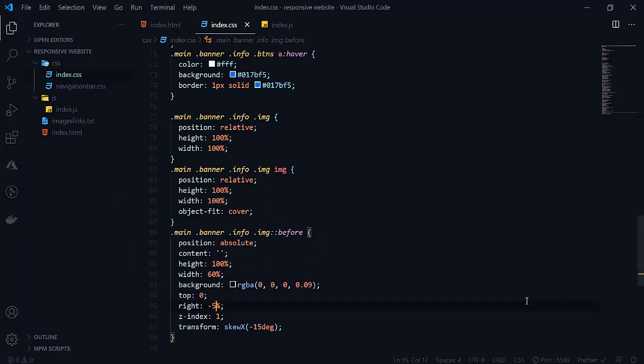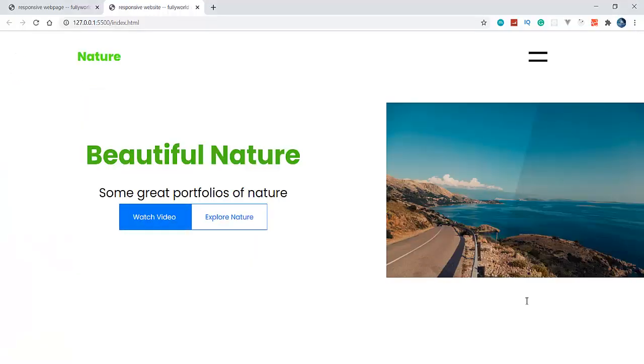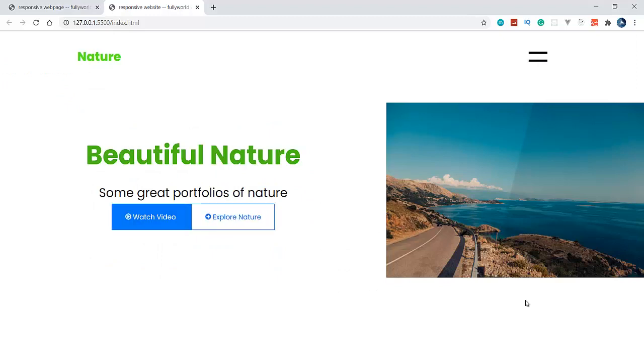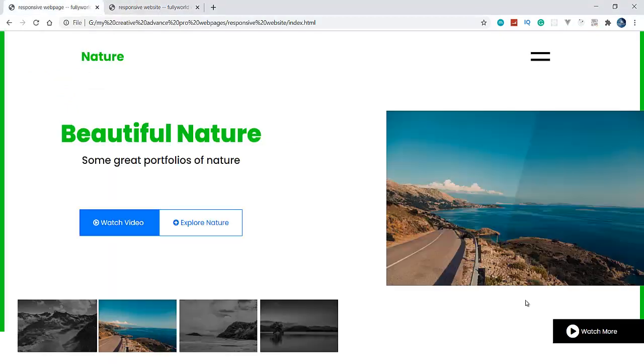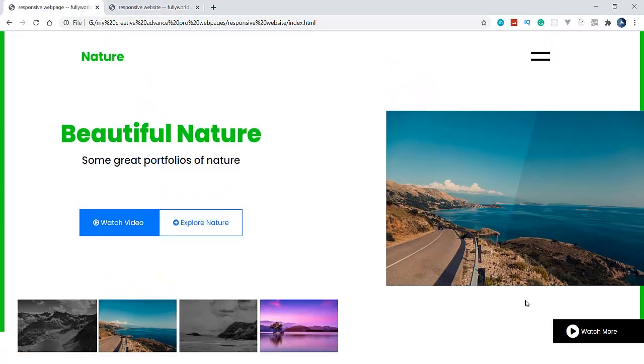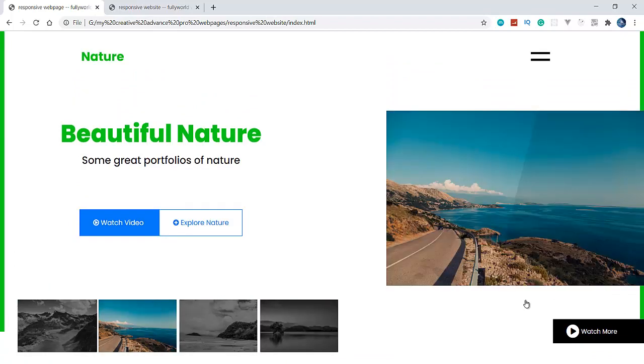Minus 5% is less, minus 10% is good, minus 10, minus 8. See that now it is looking good here. So now we have completed like this here. So let's add these sliders here, but the changing of these slides we will do in our next video, because I don't want the video to be very lengthy.